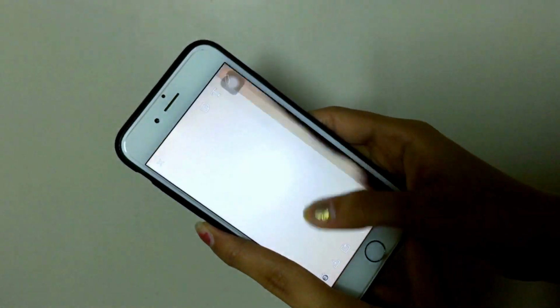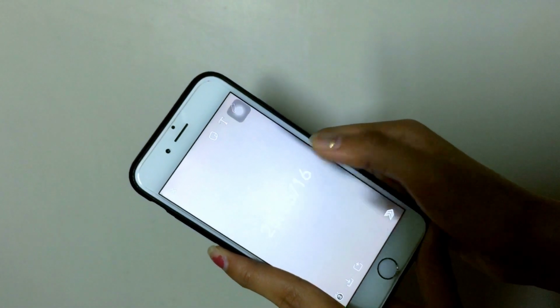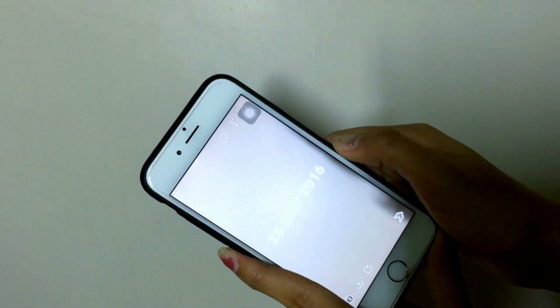The next hack is very simple. This one is how do you change your time filter to a date filter. That is, for example, from time to the current date. Right guys, it's the simplest thing ever. You just have to select the time filter and then press on it once, you get this one, twice, you get this one. That's it.